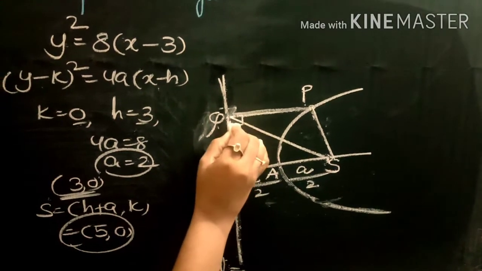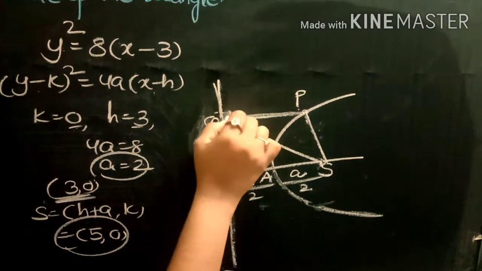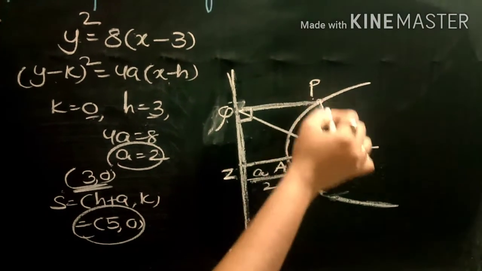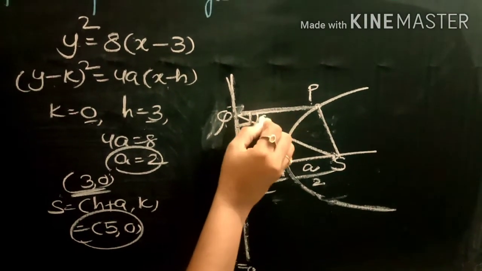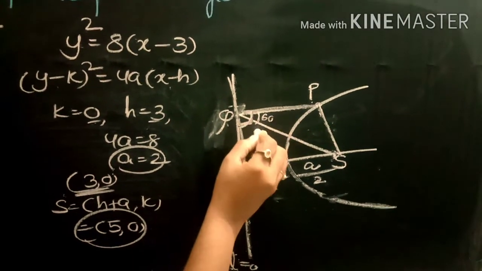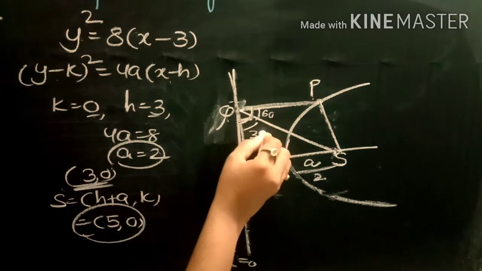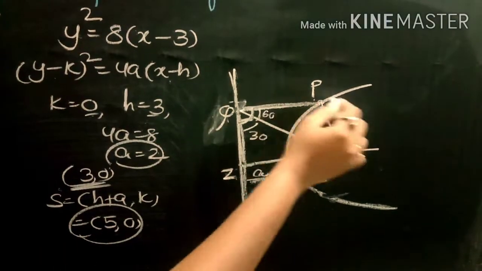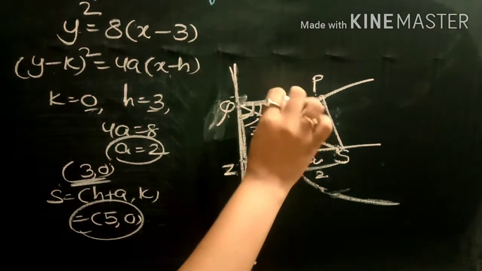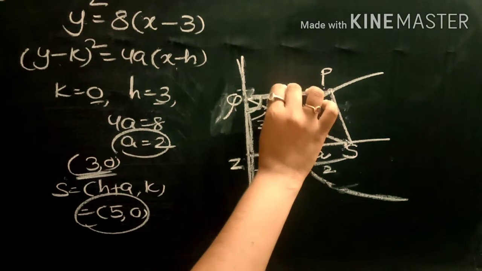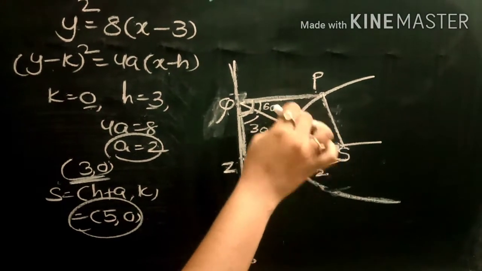Already we know that this total angle is 90 degrees. This is the foot of the perpendicular to the directrix. So this angle is 90 degrees. So since it is an equilateral triangle, this angle is 60 degrees. So total is 90 and this value is 60. Then the remaining value is 30 degrees. Now we want the length of the side of the equilateral triangle. Length of the side of the equilateral triangle means we want to find the value of either PQ or SP or SQ, since all are the same.